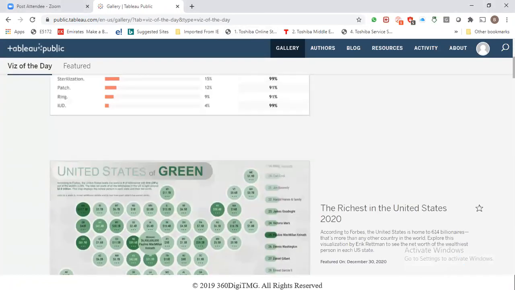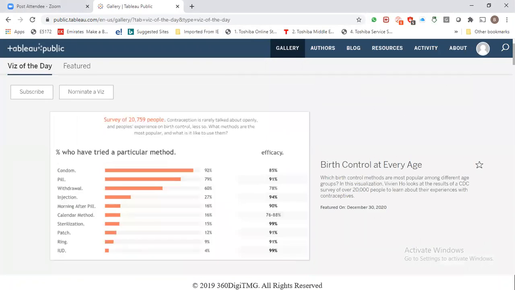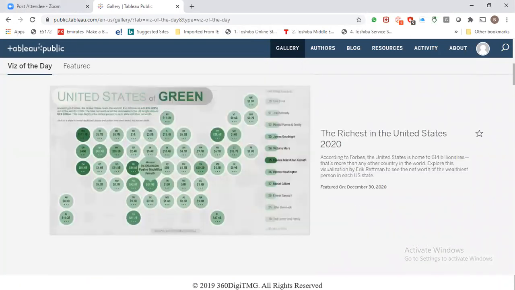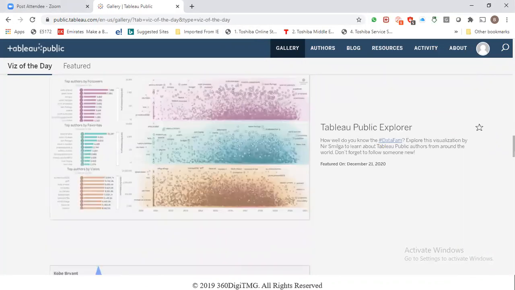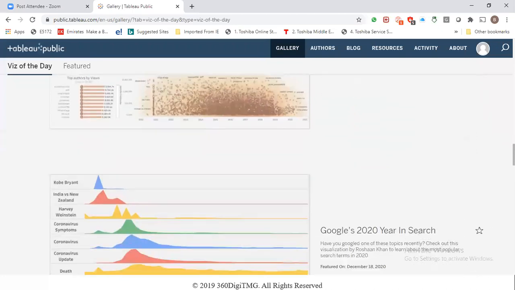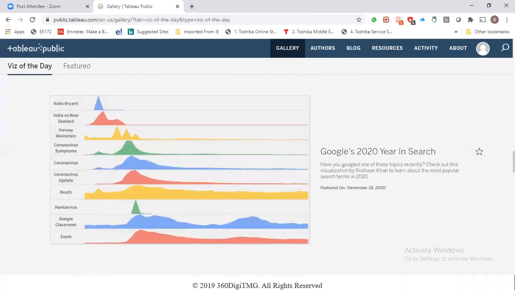These are the different types of graphs and charts that we can build with a little bit of effort. Effortlessly, we can create a lot of simple charts, but with a little effort, we can create such amazing charts where we are representing the data in a visual format, nothing more than that.